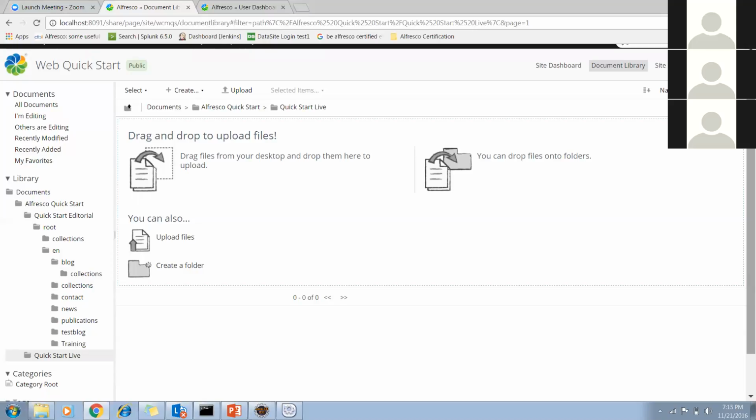Web scripts are of two types. You can have JavaScript based web scripts or Java based web scripts. In the JavaScript based, you have a limited API that you can perform against the repository. But if you go to the Java based, you can perform almost all the things. There is not at all, I will say, a limitation. If you have some basic work for which the API is already available, then just go to the JavaScript based web script.